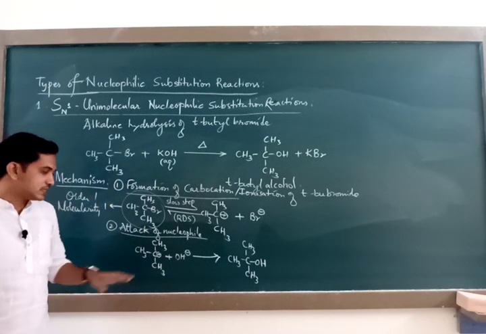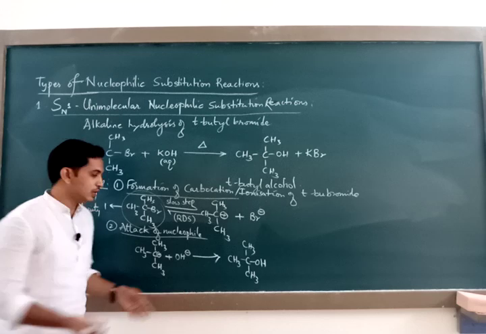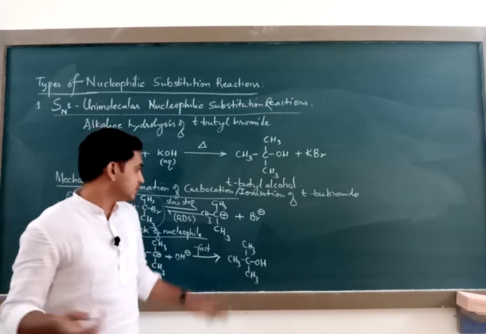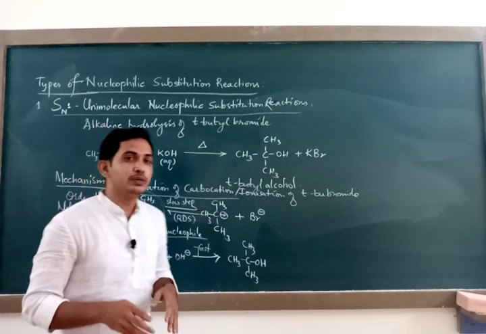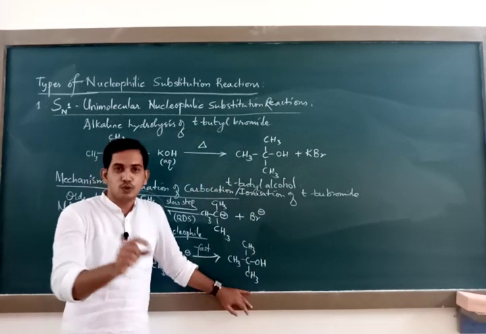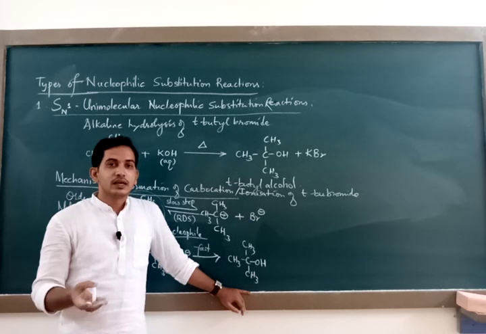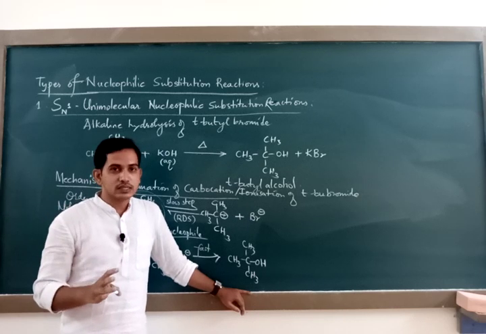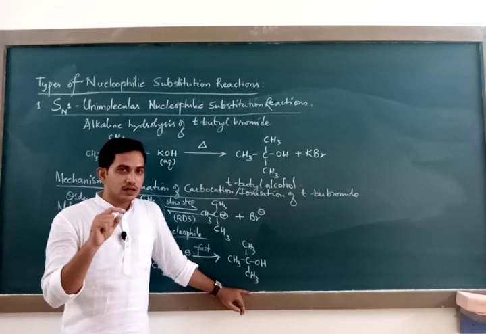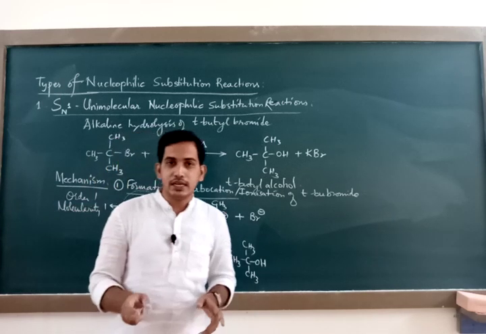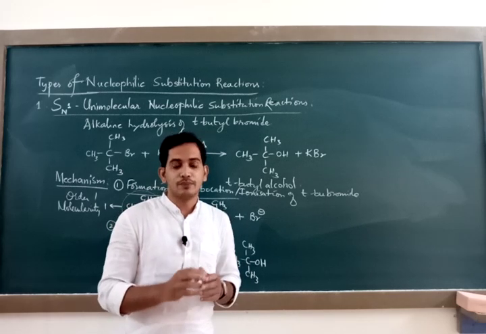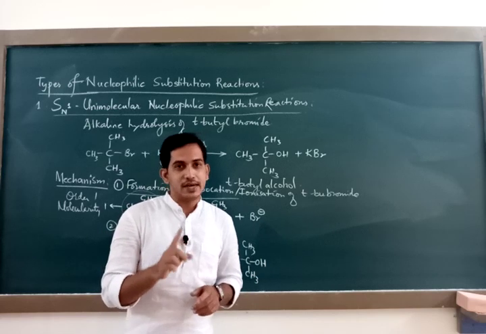If you apply the same law of mass action to the second step, it is not applicable because the second step is a fast step. Some of you might have got doubt, sir, how do you say this step is slow and the second step is fast? At this PU level, at this second year level, you will not be able to understand how to distinguish whether a reaction is slow or fast. Unless you study kinetics at a higher level, only then you will be able to understand which step will be the slow, which one will be the fast. For time being, I shall remind you that whenever ionization takes place, whenever a molecule breaks, that step will be sometimes slower, and the formation of a molecule is always a faster step.